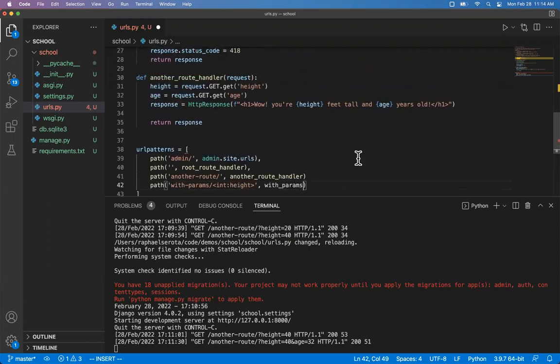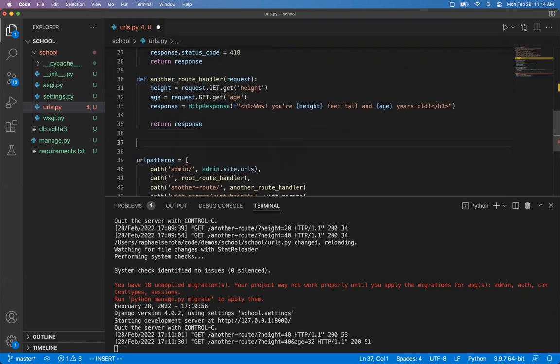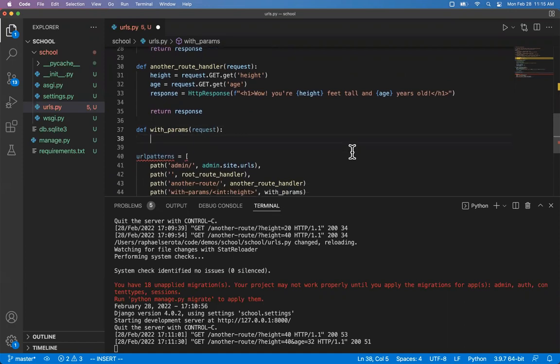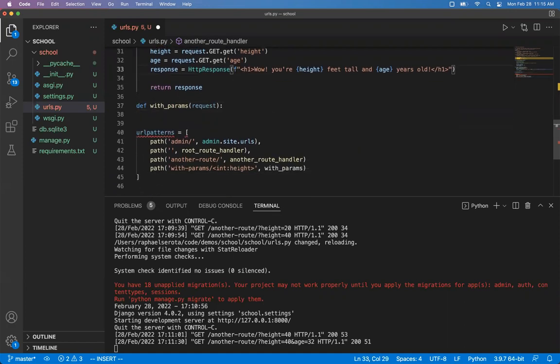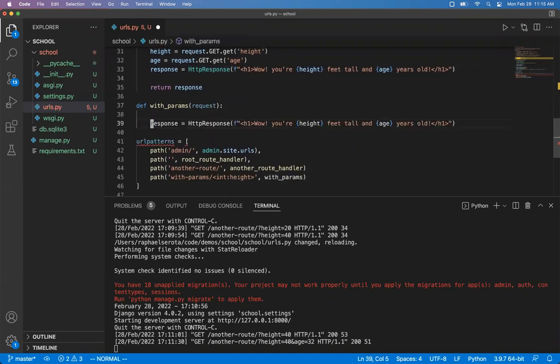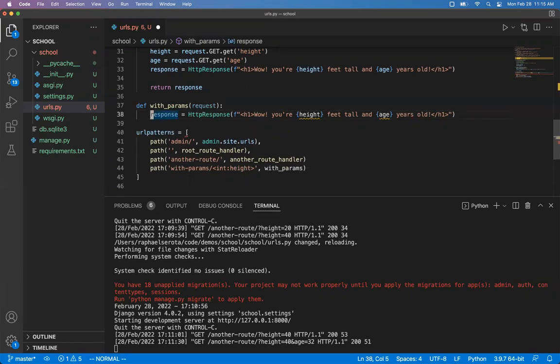I got to define a function for it. Put that over here. Okay, so